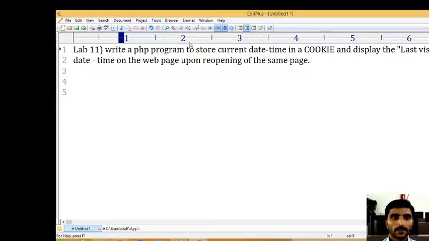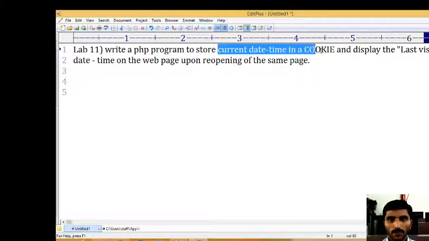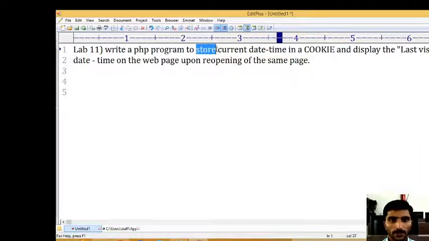So here they are asking to write a PHP program. You know already what PHP means, Pre-processor, Hypertext Preprocessor. So that is called PHP. You have to write one simple PHP program to store the current date and time in a cookie. First you have to write the PHP code. In that program you store the current date and time in a cookie, and display the